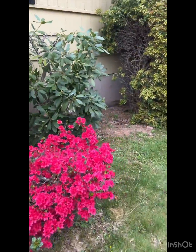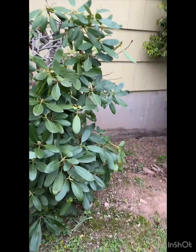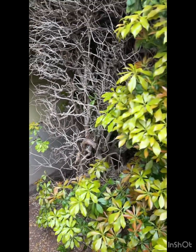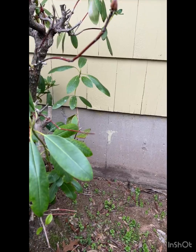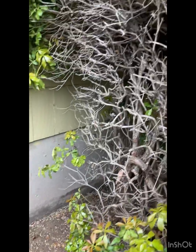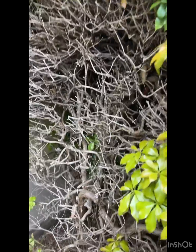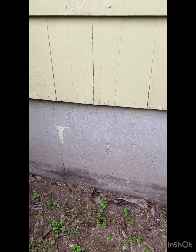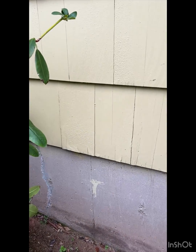As you can see, there's a missing space because I ended up taking out one of the evergreen trees because it was dead, and then both the bushes to the left and the right of it were severely overgrown, and I could not get back in there to trim up and prune them the way I wanted to. So here I am now trying to figure out what I want to plant in this empty spot,